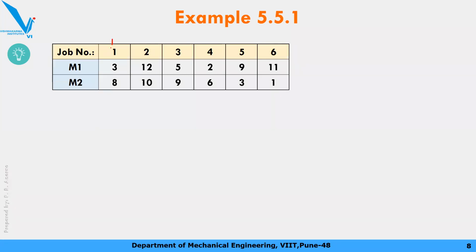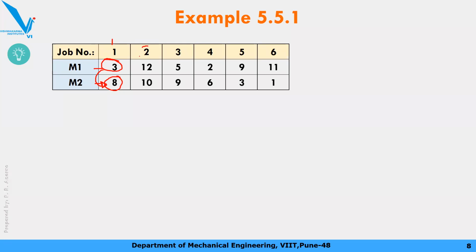Now each job has to be processed in this sequence: M1, then machine 2. Okay, so first you have to take it to machine 1, it will be processed there for 3 minutes, the turning operation will be performed, after that it will be transferred to the threading operation. Remember always, in the sequencing model, it is assumed that the transportation time from one machine to the second machine is negligible, almost zero. Okay, so don't worry about the setup time or how much time it takes to transport from machine 1 to machine 2. We don't consider that in this. We just focus on the processing time.